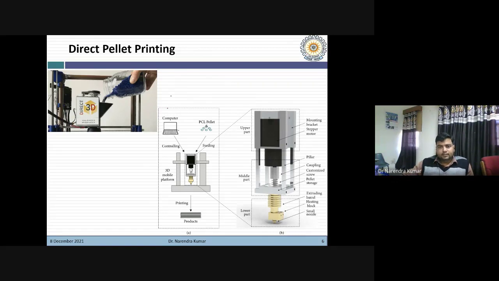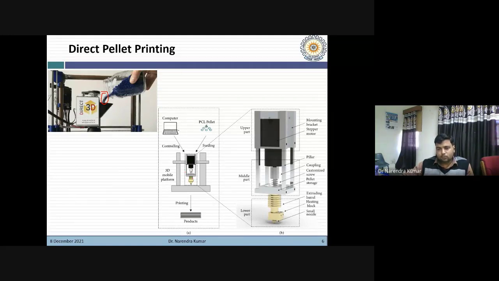Okay, so here you can see a direct pellet printing system. Here you can feed material in pellet form, right? And you can develop a similar setup to FFF, where you can replace the extruder head, because in FFF we use the filament based extruder head.